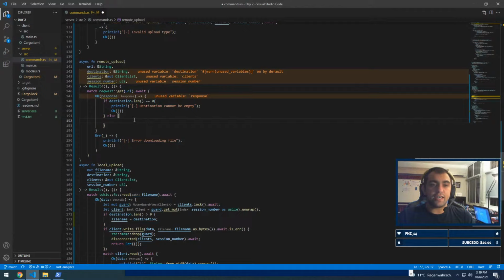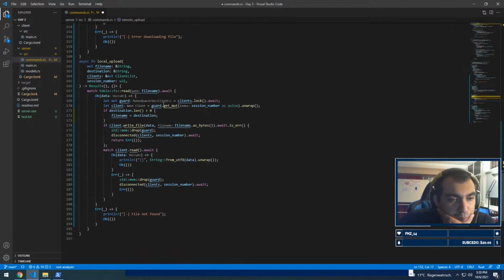So if we do have a destination, what we're going to be doing is basically what we do here. So the write file and the read. So you know what? I'm going to put these two